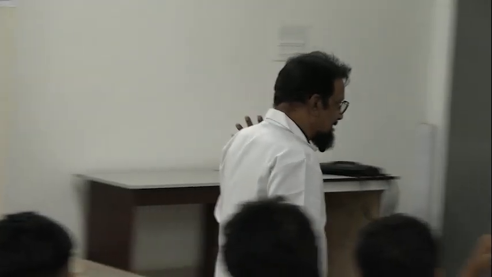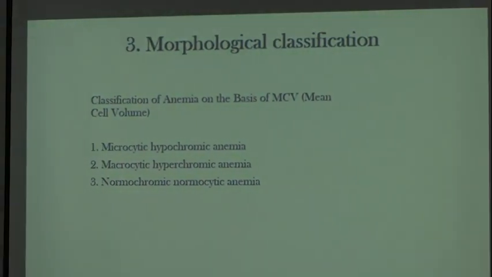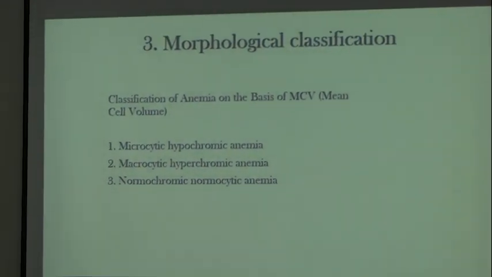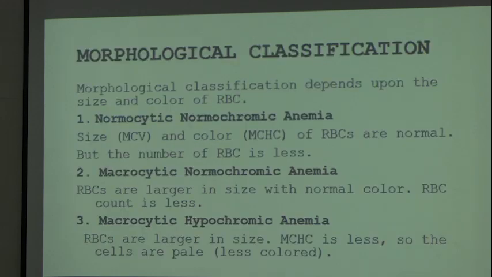Any other classification? This is okay. What are these? Microcytic, hypochromic anemia, macrocytic, hyperchromic. Mostly macrocytic. And normocytic. Okay, these are the three classifications, and the morphological classification is based on